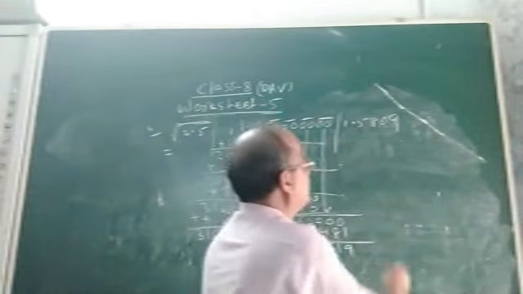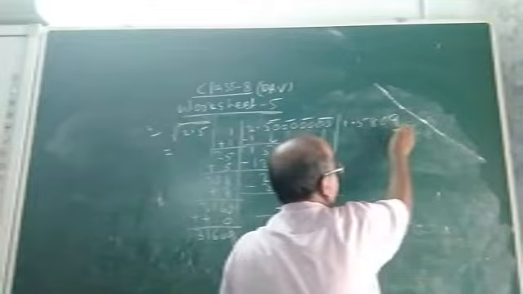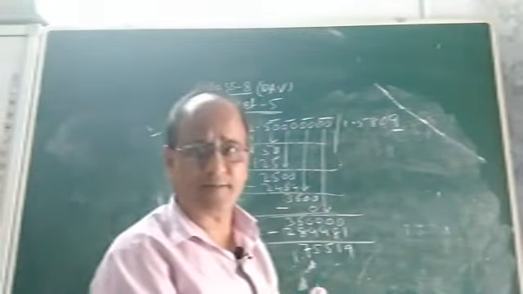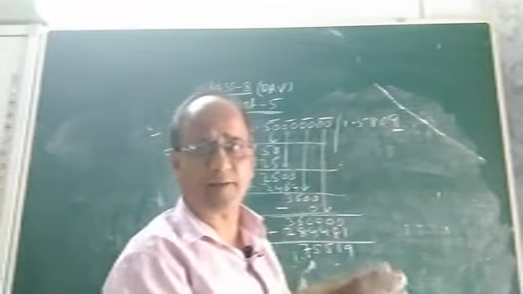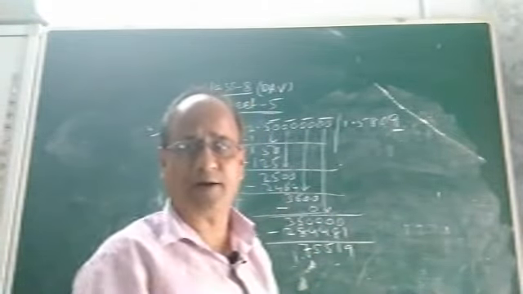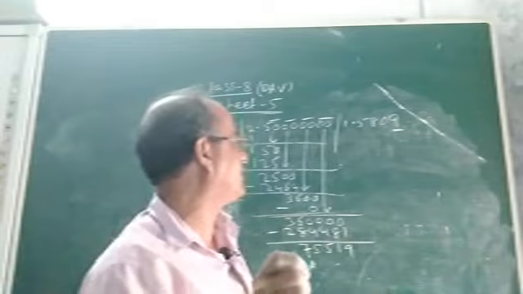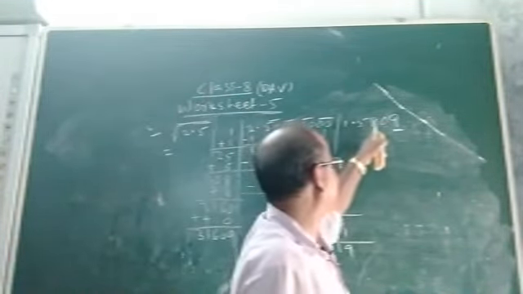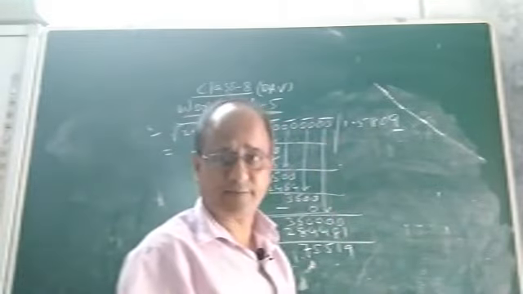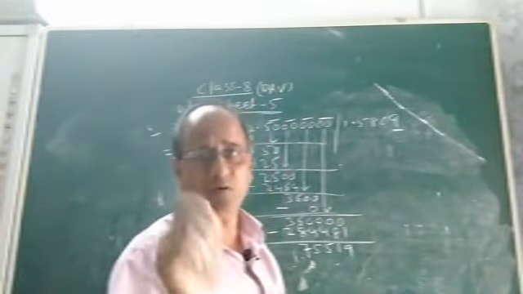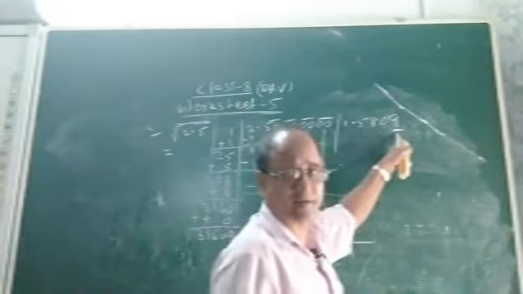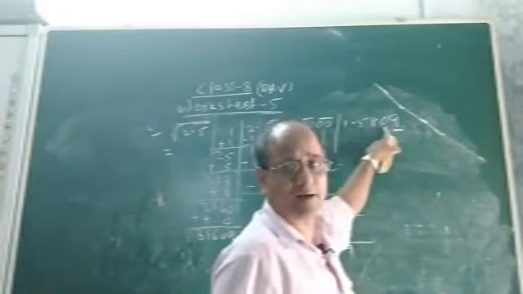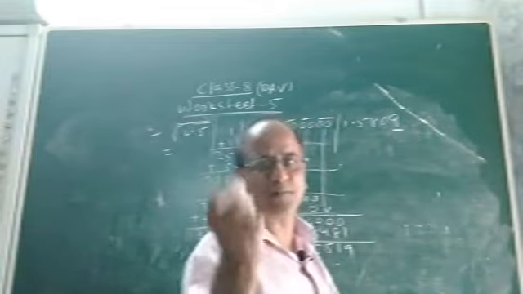So how to do? You just round off the 4th place. As we want to find the square root correct to 3 decimal places, and here we have got 4 places by taking 8 digits after the decimal point, the 4th place, that is the 10,000th place, must be rounded off. How to round off? Because it is 9, you add 1 here and replace it by 0. You know the rule of rounding a number.